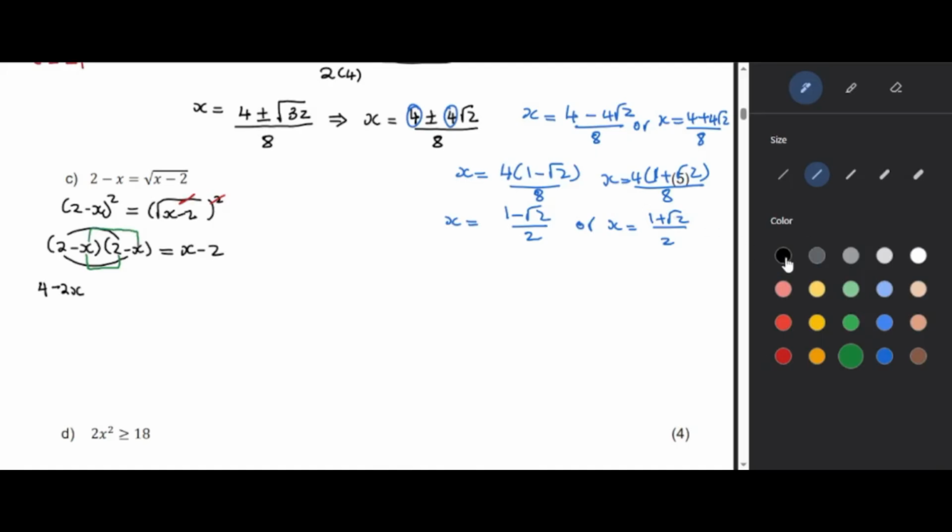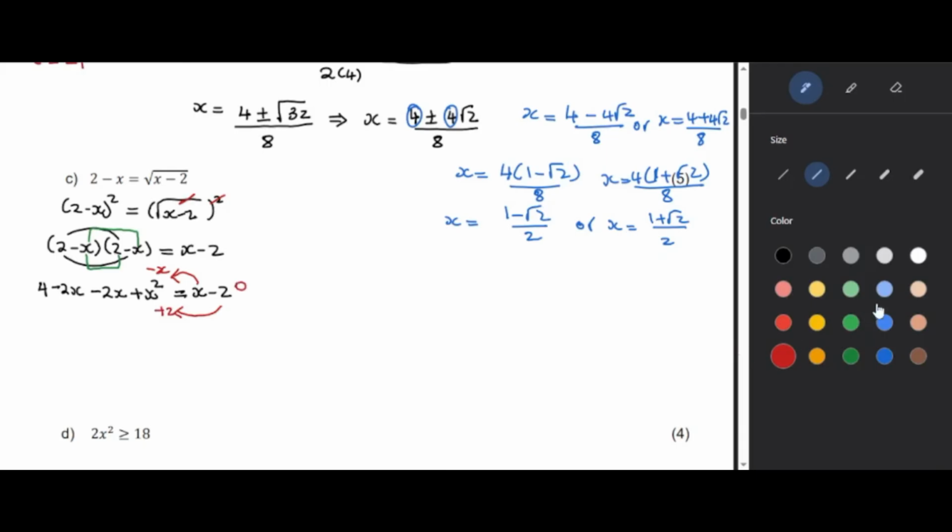So let's quickly work on that. Then you can add the like terms. So this will be minus x times 2, which gives us minus 2x, then minus x times minus x, which is positive x squared, and this is equal to x minus 2. So now I'm just going to check if I have the like terms. Can we bring everything to this side so that this one comes to the other side to be minus x, and the 2 comes this side to be positive 2, and then we'll only be left with 0 on